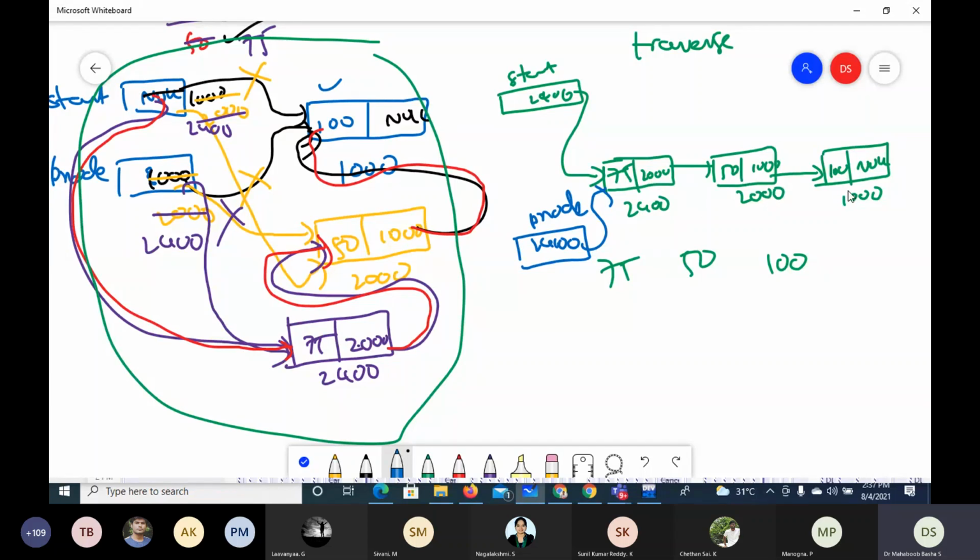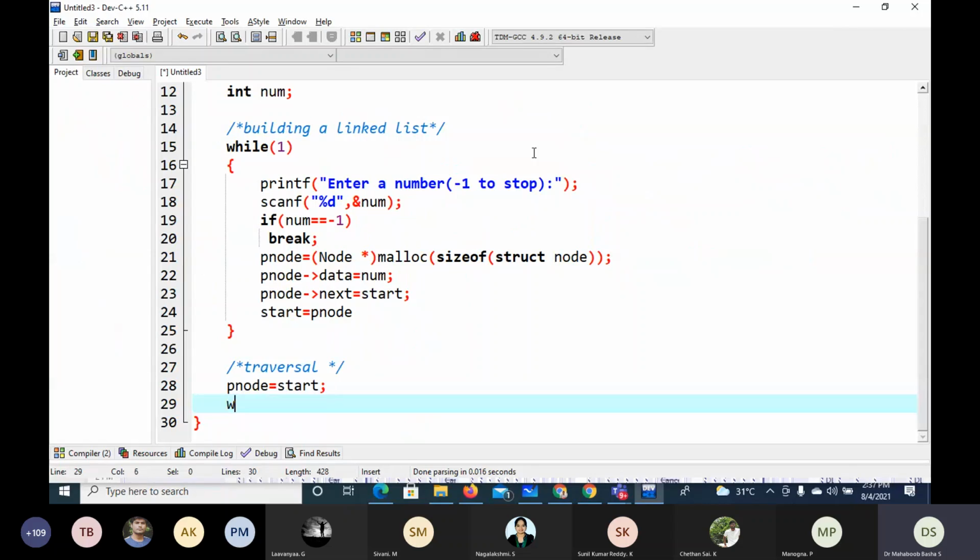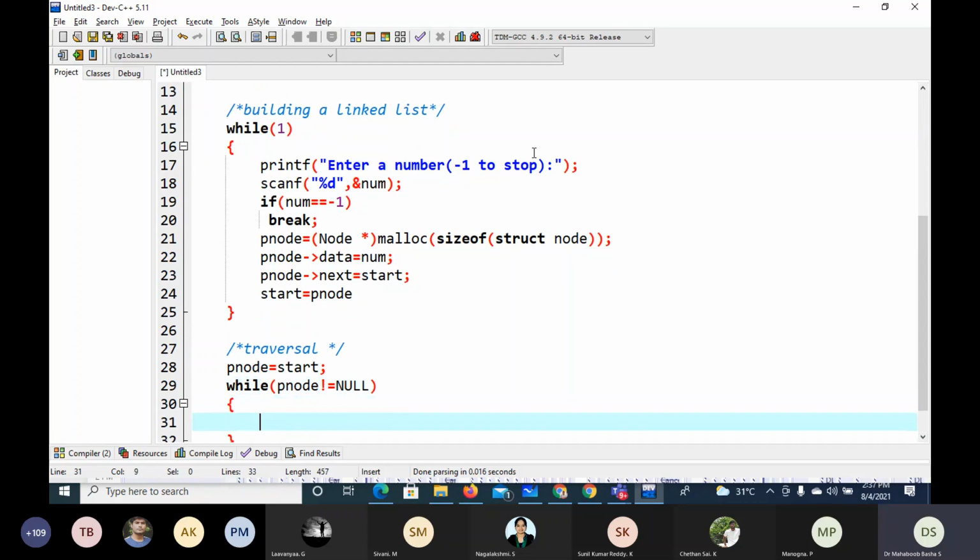It becomes 2000, then it becomes 1000, then it becomes null. So as long as P node is not null, I have to proceed. So I'll say P node not equals to null. I have to proceed. So what I have to do, I'll say printf